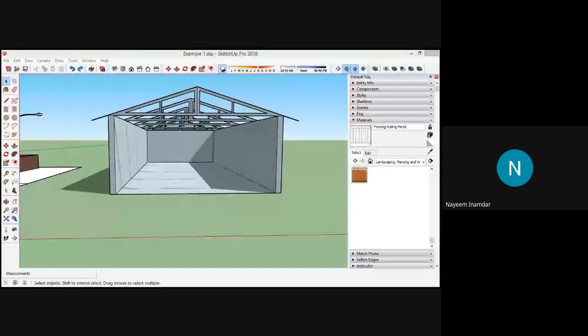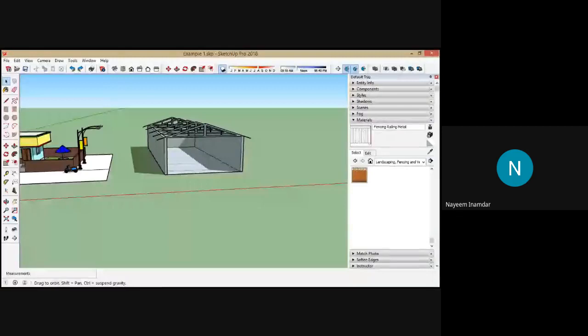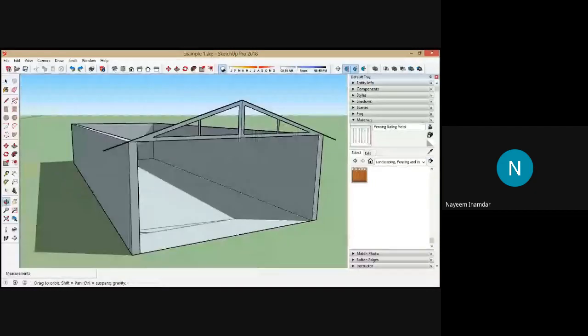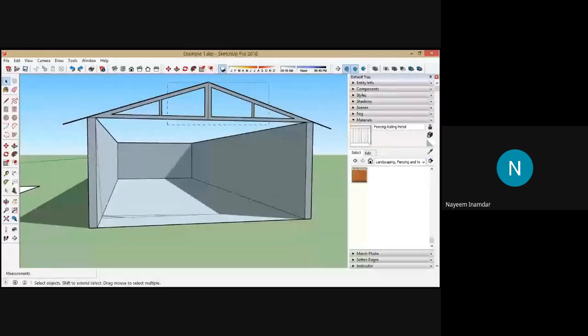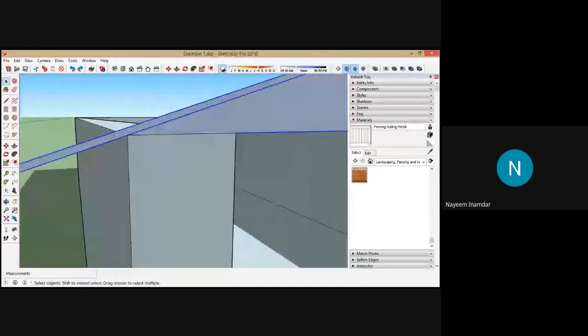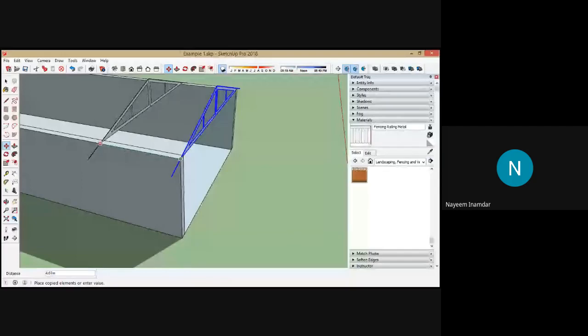Okay, fine. This is how you can add the trusses. I'll tell you once again. Suppose you have made a truss here like this, you select the truss you would like to copy multiple times. Pick a reference point here, go to the move command, press control, pick the reference point here, and go on adding the truss. Arbitrarily I'm adding the trusses now.